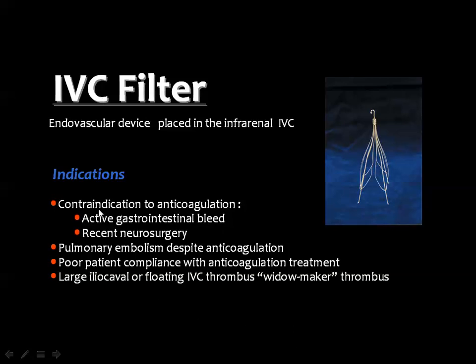if they have contraindication to anticoagulant, like if they have an active gastrointestinal bleeding or they have a recent neurosurgery or even cardiosurgery. And pulmonary embolism, despite of the use of anticoagulant, patients with deep vein thrombosis develop pulmonary embolism in spite of being on anticoagulant therapy. Poor patient compliance with anticoagulant treatment and large ileocaval floating IVC thrombus, and this is a good indication for placement